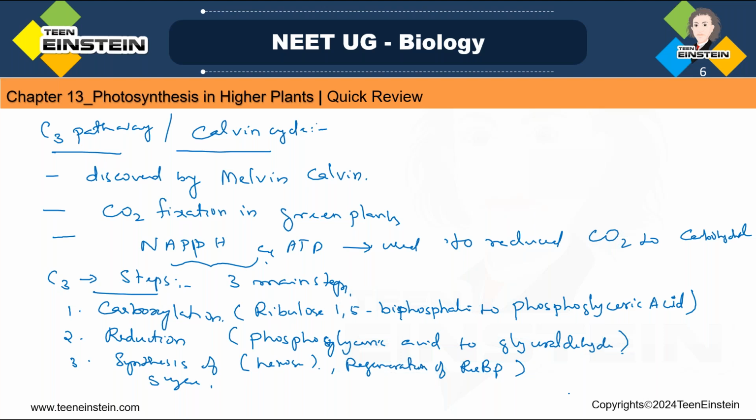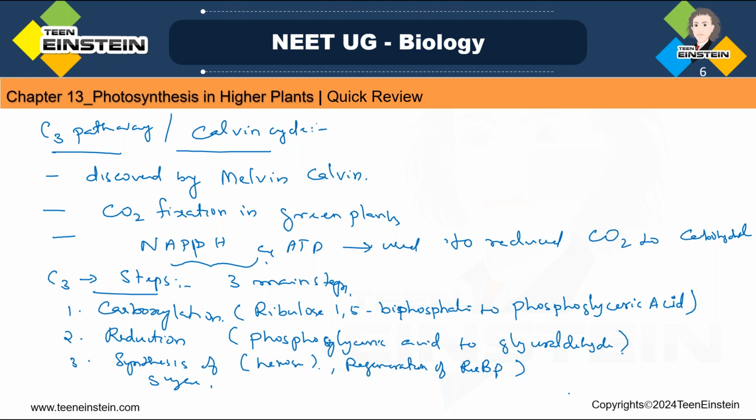Carboxylation means ribulose 1,5-biphosphate, from that it is forming phosphoglyceric acid, and next is reduction. Phosphoglyceric acid is getting reduced to phosphoglyceraldehyde, then the synthesis of sugar, hexose sugar. Okay, or we can say the regeneration of RUBP from PGAL to